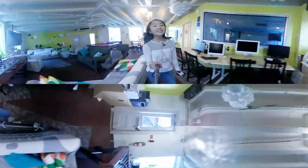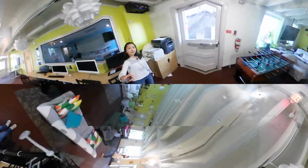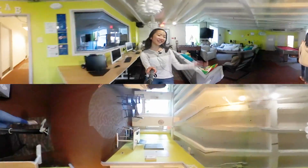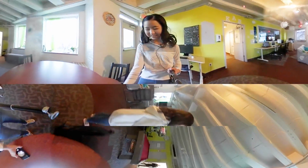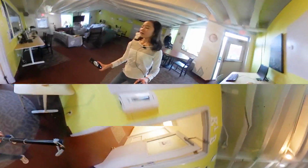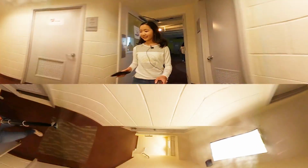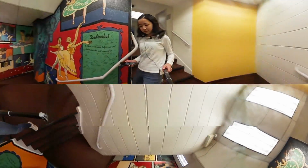Yeah, and then recently we got a new color printer. Yay! Now we have a color printer, so it's going to print out in color. And then, well, that's kind of the rec room, but I think it's one of the places that I play in the most. So yeah. Now I think I will head on to the